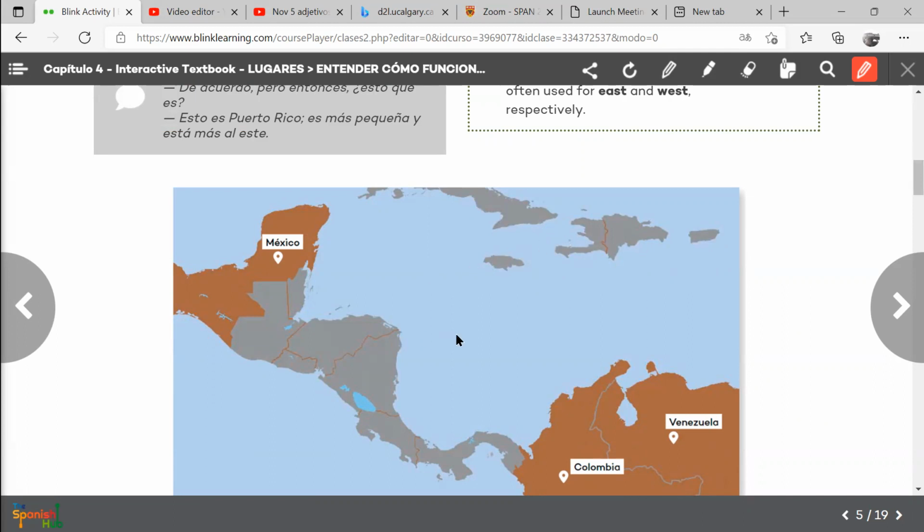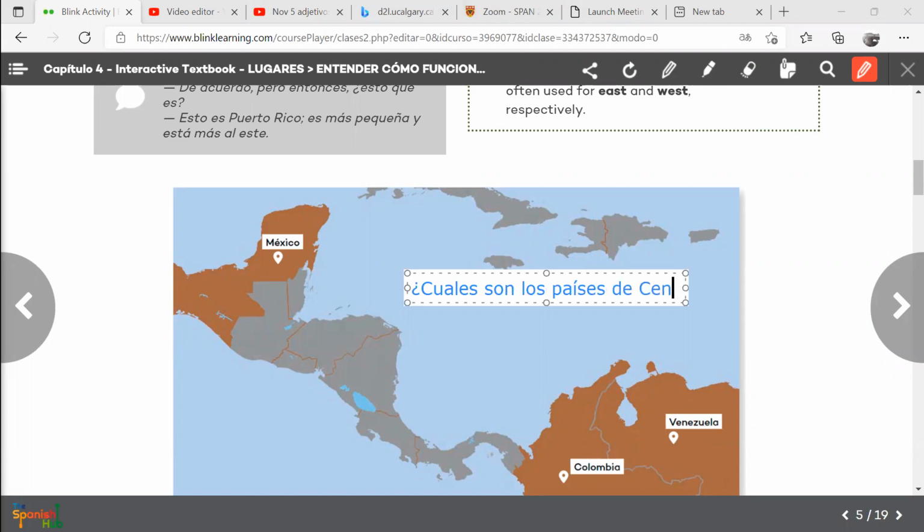Now, ¿cuáles son los países de Centroamérica? We're asking a question here. So remember, ¿cuáles? ¿Cuáles son los países de Centroamérica? Again, in English, I don't know if you say which are the countries of Central America or what are the countries. When you use cuáles